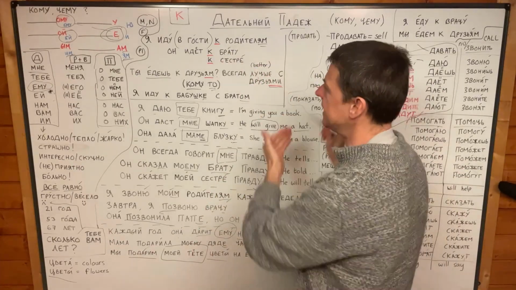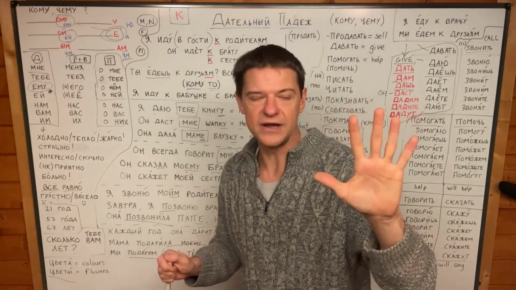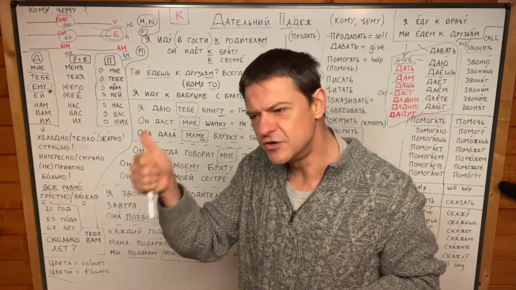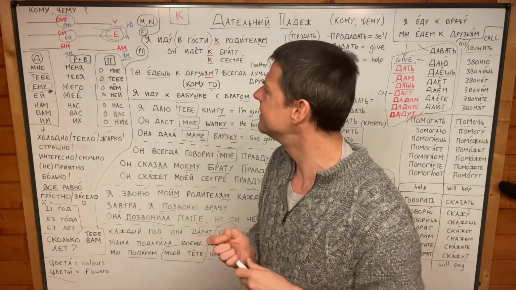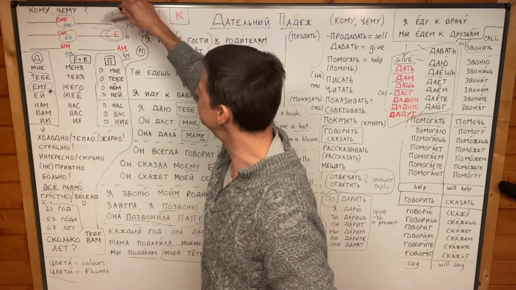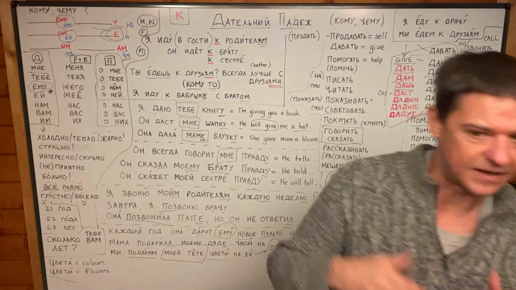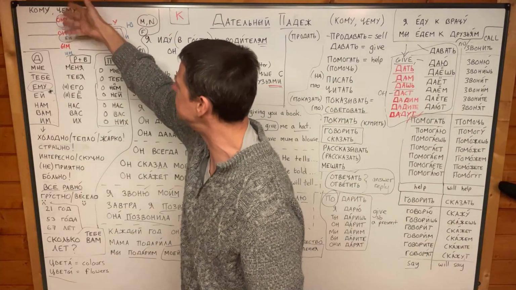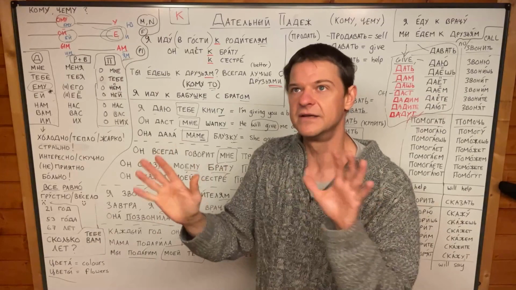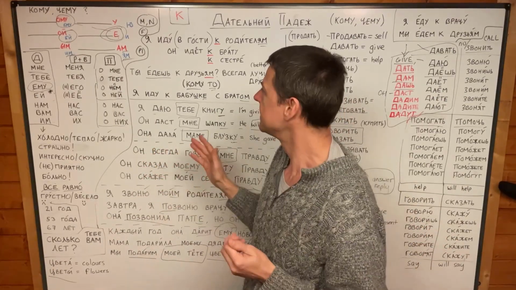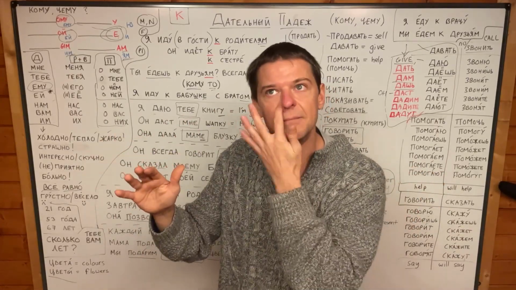Okay, so we're doing dative case today, and really I think of there being 5 cases in Russian, although I know that there are 6. But the 6th case, the nominative, the subjective case, I consider a 0 case. What I mean is, you don't have to learn any of these complicated endings like you do in other cases. In all the other 5 cases, you've got to learn how the adjectives change, and how the nouns change, and masculine, neuter, and feminine very often change in different ways. That's why I don't think the subjective or nominative is really something to learn. It is a case, but...